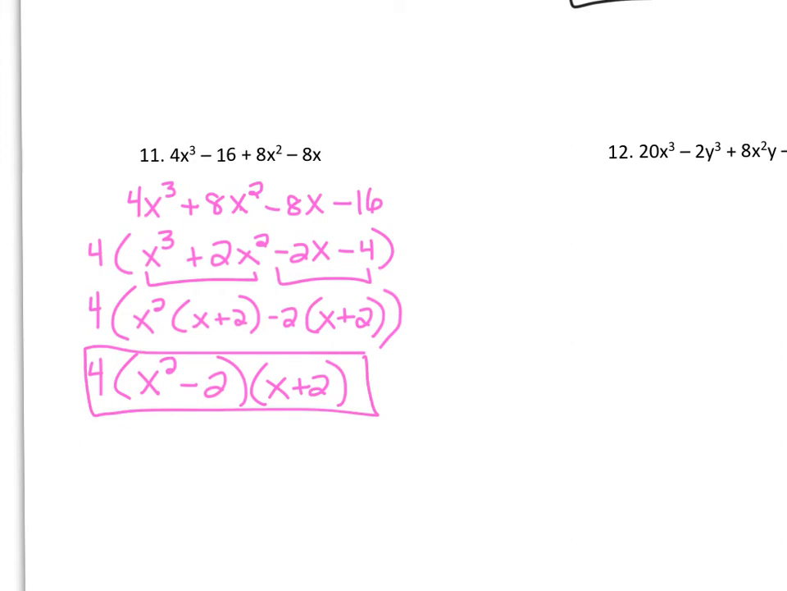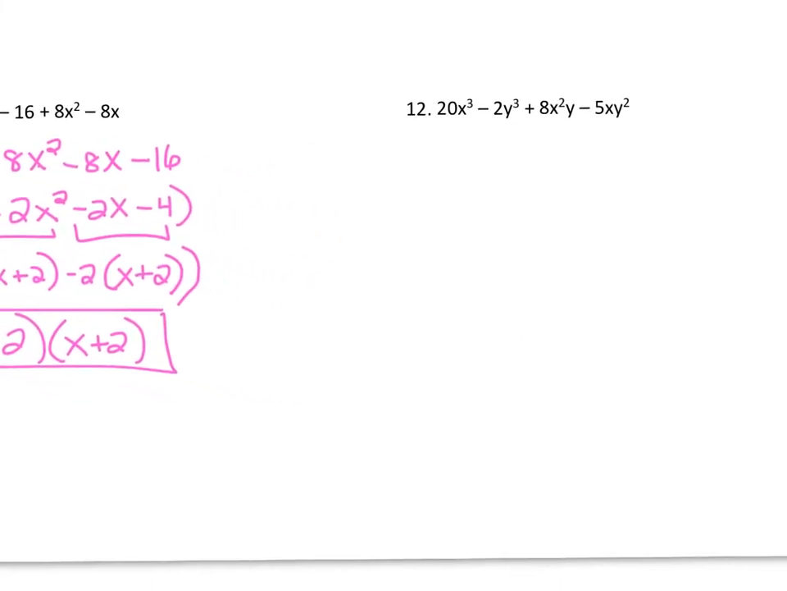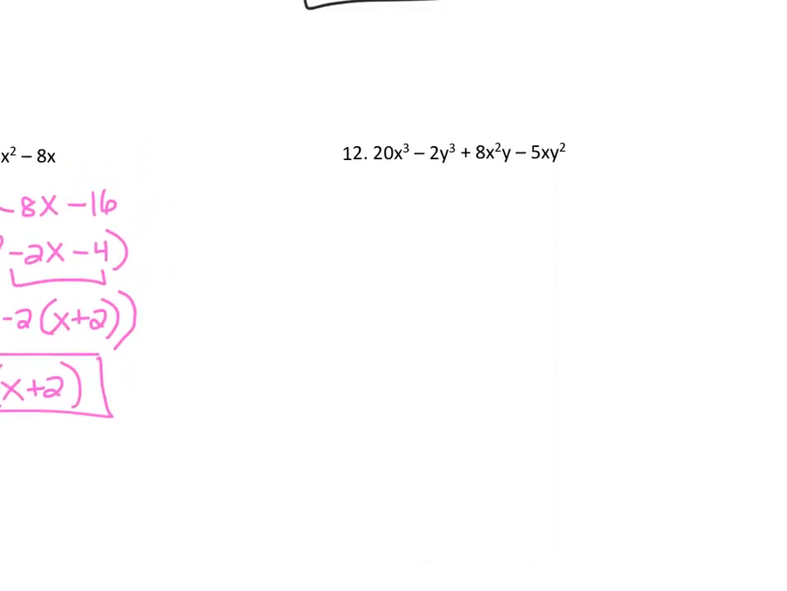All right, on to number 12. So number 12, we have 4 terms. Now, some of you may look at this and say, oh, let me just jump right into factor by grouping, right? There's no greatest common factor that I could take out of all of these 4 terms, so let me just jump into grouping. If you try that, you actually are going to run into a dead end, and